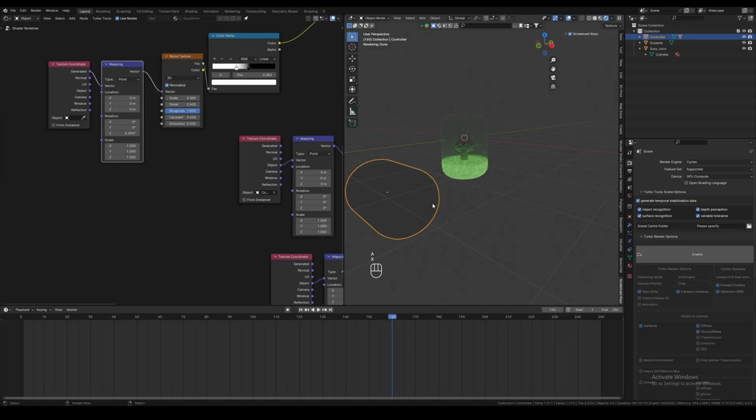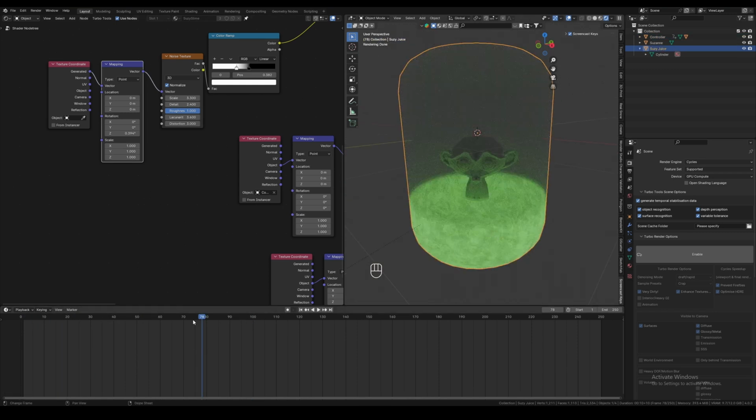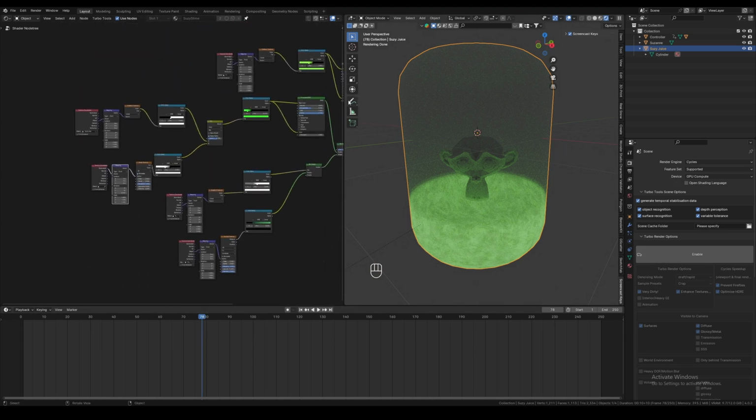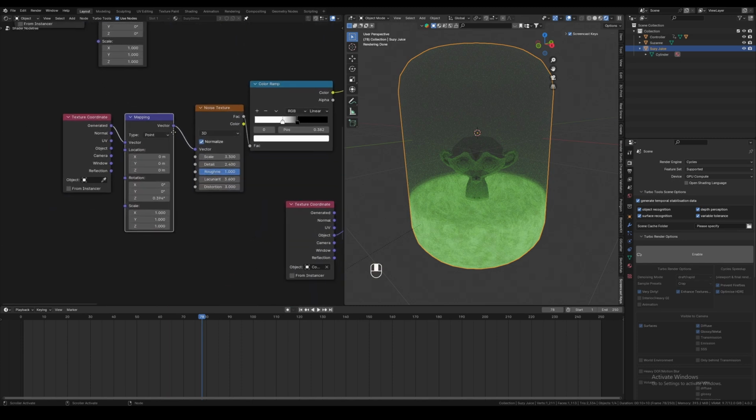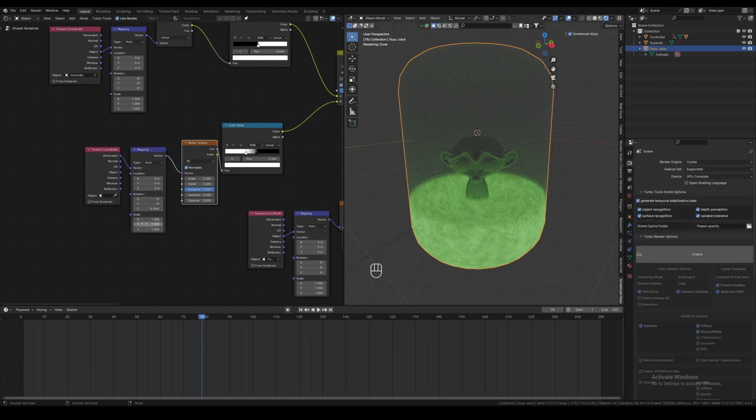Now we're going to animate this. First, you can select your controller, put it in the position that you want it to. Press I location. Make sure you're on frame 1. Then you go frame 100, G Z, bring it down. I location, grab both of these, T, linear. Now we're going to move the textures themselves. So if you go to the mapping node, follow the chain back, this mapping node that's connected to this noise texture, we are going to move it on the Z so that you get some